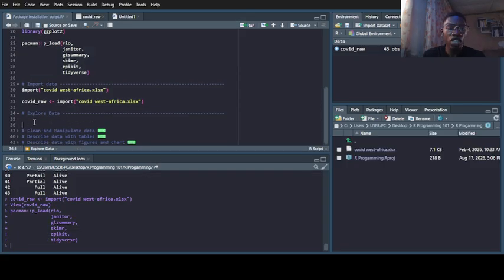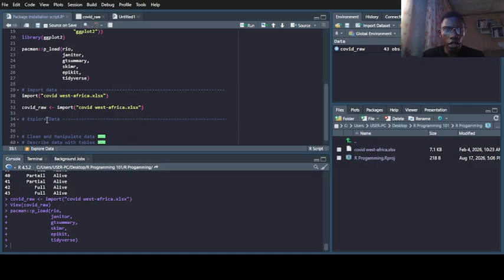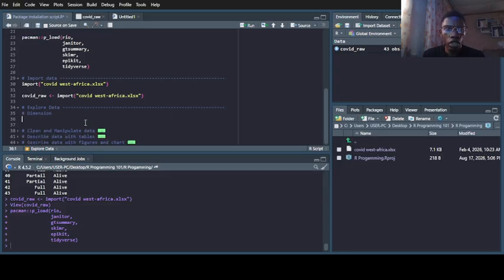So the first thing we want to check in our data set is the dimension. We want to check the dimension of our data set. I'm always adding comments to my script because it helps me understand and read it better when I come back to it. So the function to check the dimension of our data set